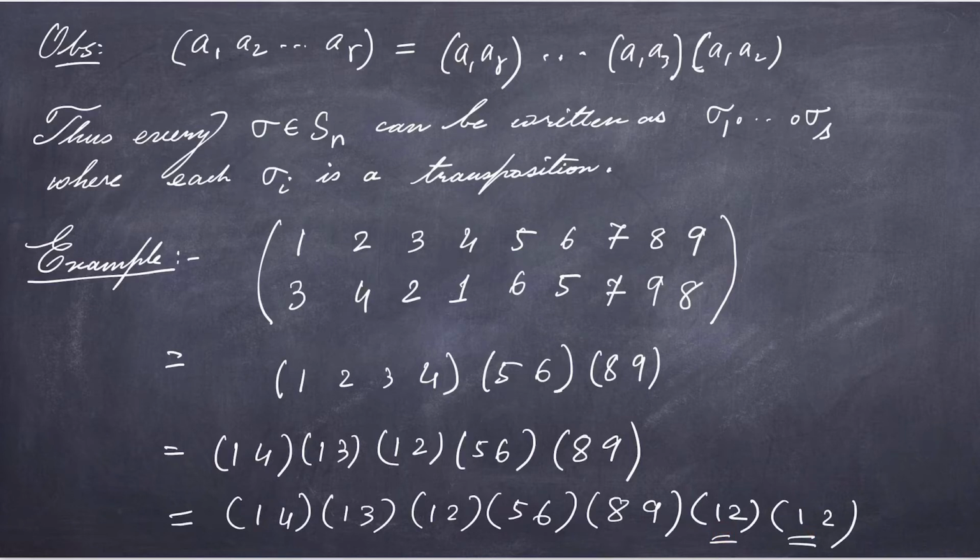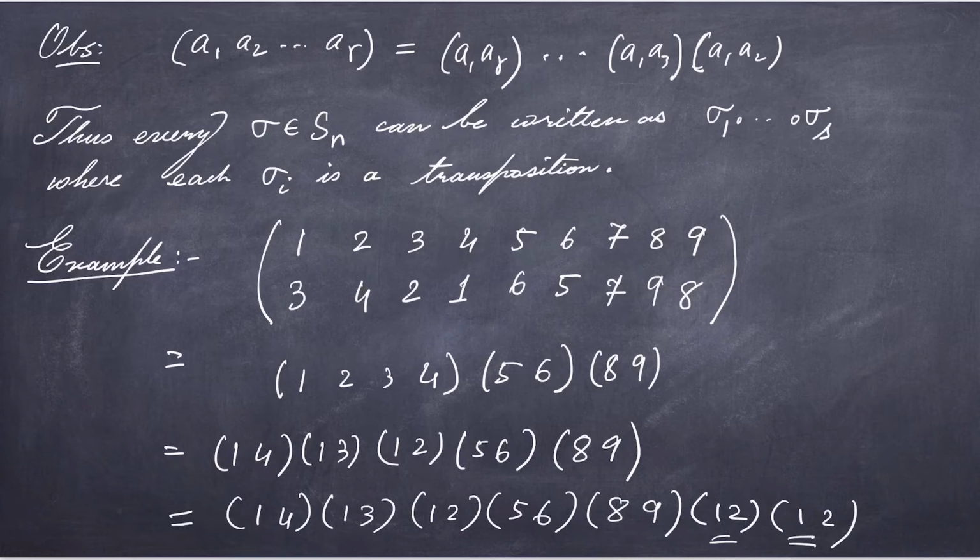We can keep on going like this. So the thing is, the number of transpositions whose product is going to be the given permutation is not unique. However, one thing that we can guess from this example, or the way we were adding more and more transpositions here, is that once it is written as a product of 5 transpositions, then